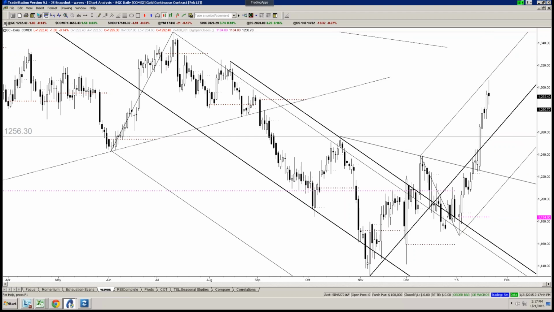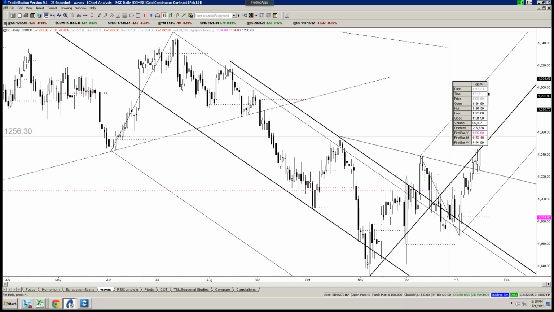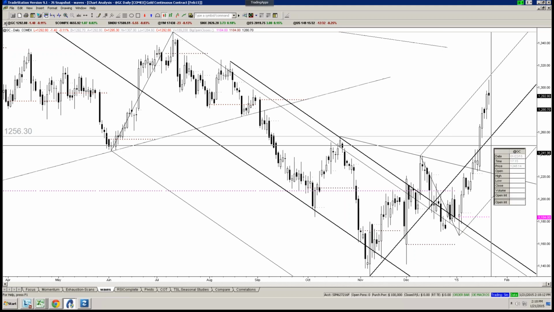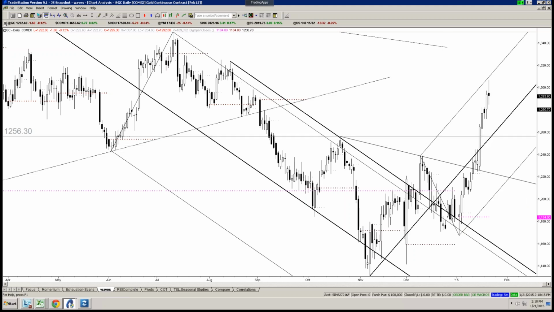But I think it'd probably just be a washout before you head higher in gold, because the breakout is very much underway. It'll at least give you a very good opportunity to enter gold. And you've got to think that if this thing gets slammed down because of ECB or whatever, those moves are oftentimes very temporary. They don't last very long, right? It's a liquidity move, a news event move. Buyers step in. It's an uptrend at this point, so step in at a good price. So 1256 support. We're really close to resistance, we're putting in a little reversal day. Near-term weakness, then continue higher after the dip.